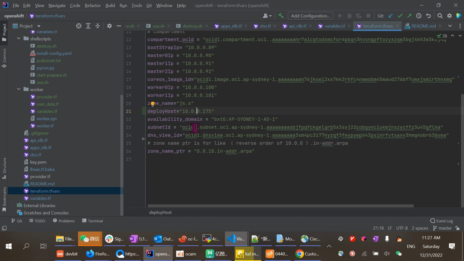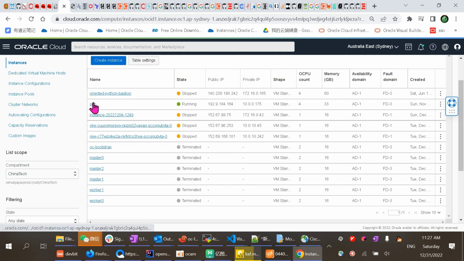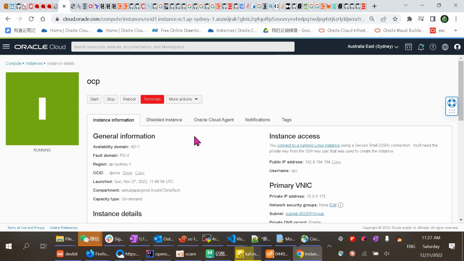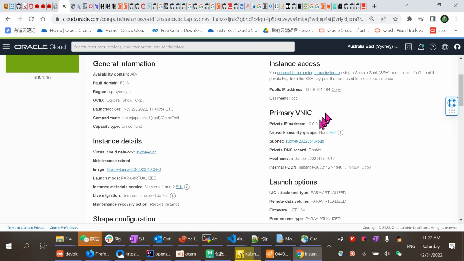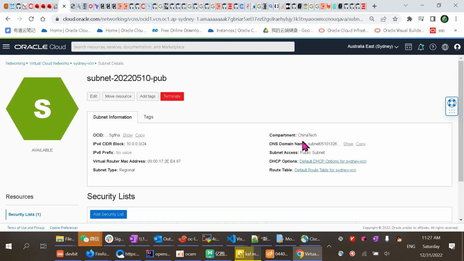So for this subnet, we will deploy all these machines in the same subnet for them to easily communicate with each other. And this view ID, you can get from the subnet. I can show you how. You need to go into this VM, which is my deployment host, and this is the subnet. From the subnet, we can get